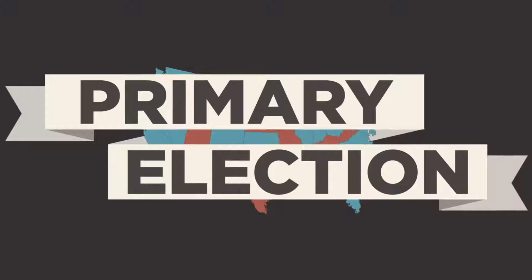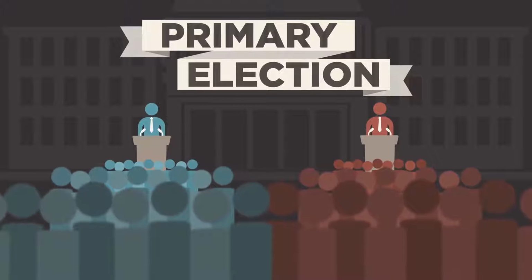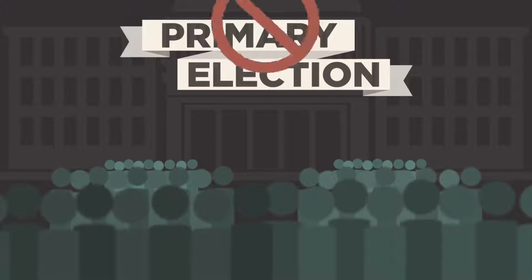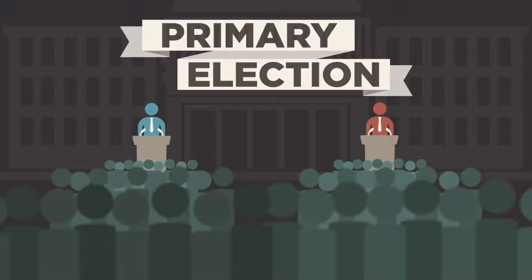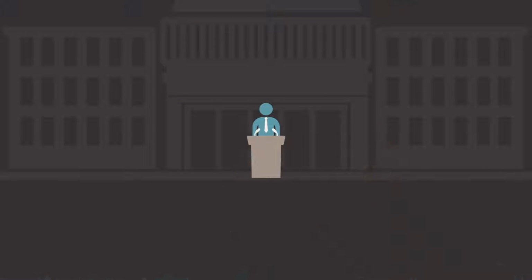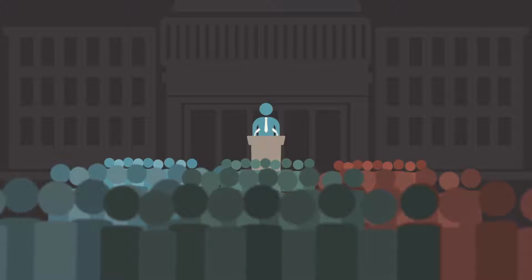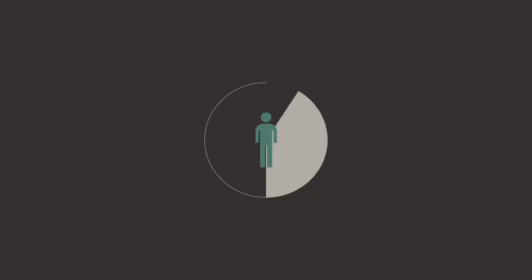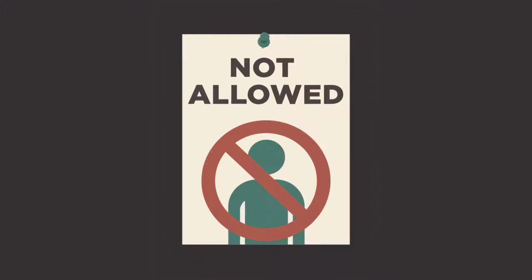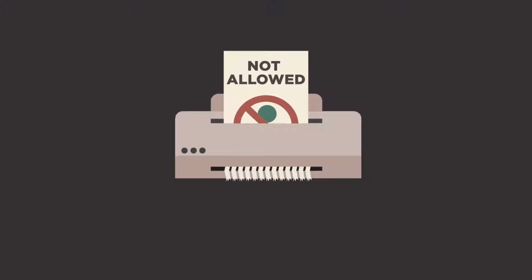Today, in the primary elections, party members choose which candidates they want to represent them on the general election ballot, and the voters who are not party members simply can't vote, unless they join a party. The winner of the general election becomes the elected official, who must then represent everyone, not just their party. But what if you, like nearly half of American voters, don't think either party represents you? What if you couldn't participate in selecting the candidates for the general election because you weren't a member of either party? Well, then your vote probably doesn't matter.